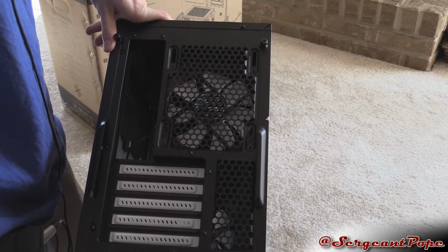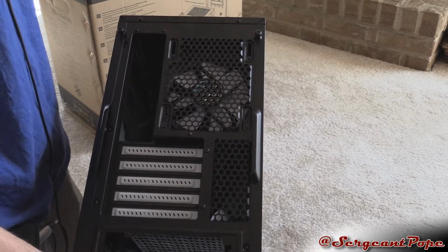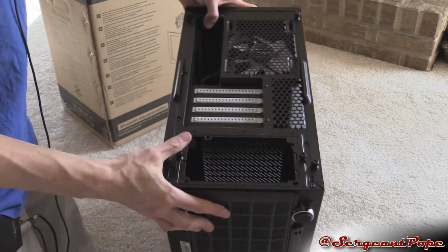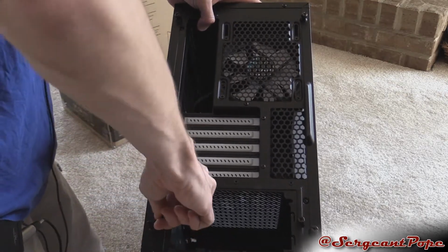Yep, I think it's a 120. So that's pretty standard, I guess, on a micro ATX case, of course. And then you got some more air vents. I guess the nice thing here is on the PSU, where that is, you get the thumb screws, which, oh